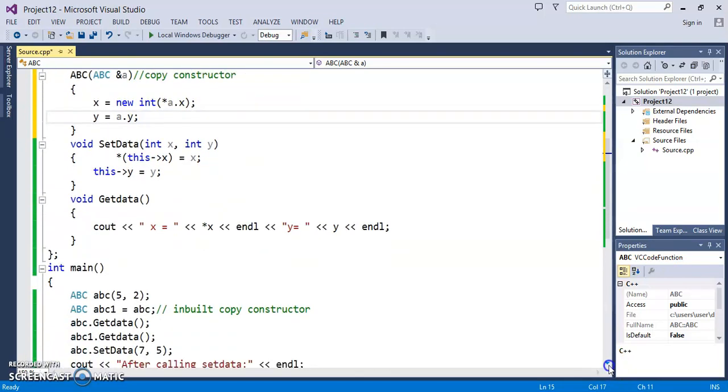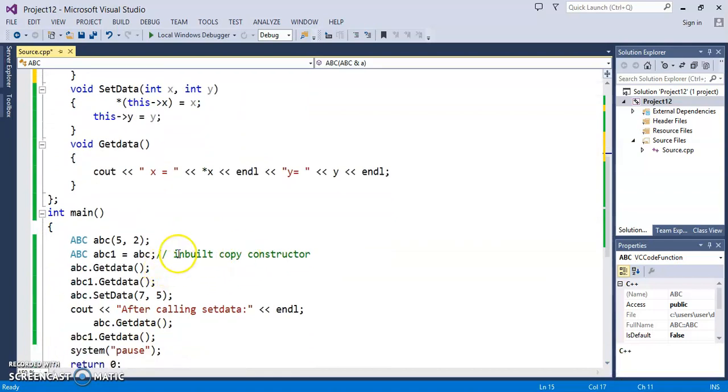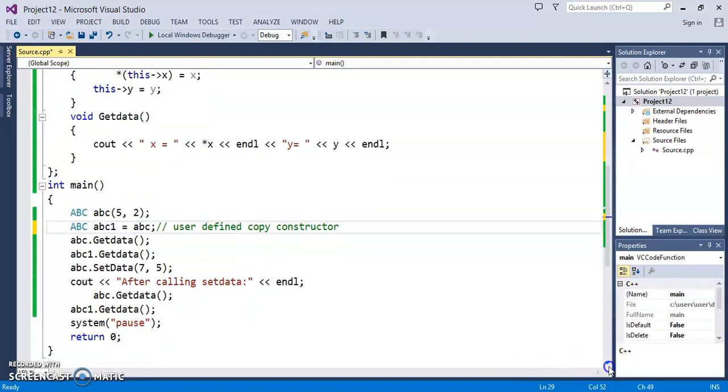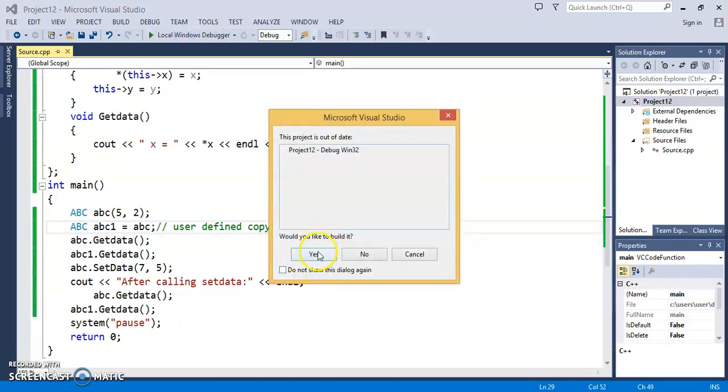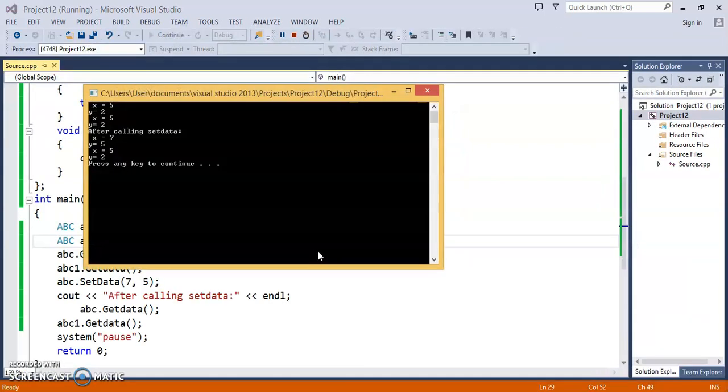So now when we write this statement, the user defined copy constructor will be called, and once it is called, it will create a new pointer. It will do a new memory allocation. So now whatever you write, it will change only for ABC. See, for ABC it is 7, 5, but for ABC1 it is 5 and 2.